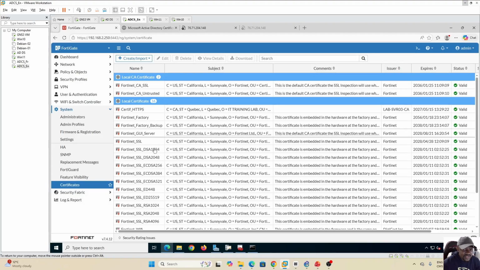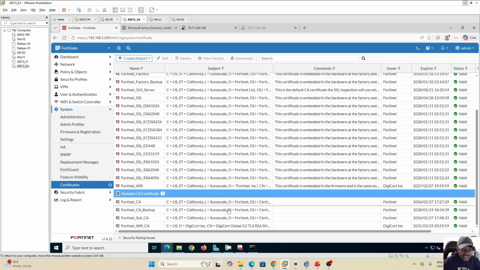Here under local certificate, these are the other certificates that you generate for use in many other services, like to secure HTTPS on the FortiGate. You can also generate multiple certificates for VPN and many other services. Those certificates will land here under the local certificate category. Then below here you have another category,